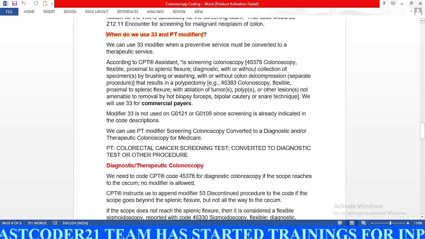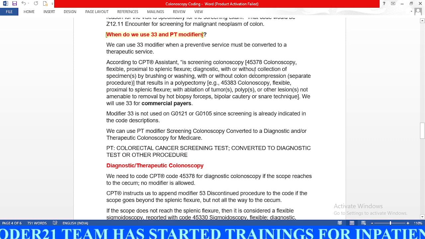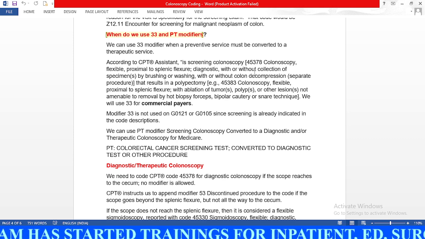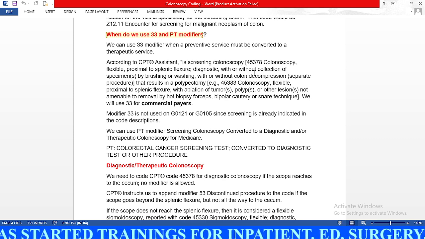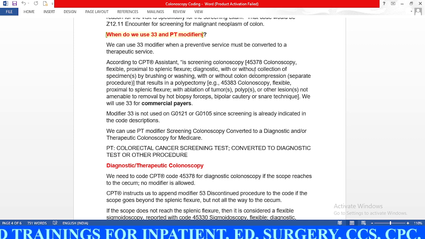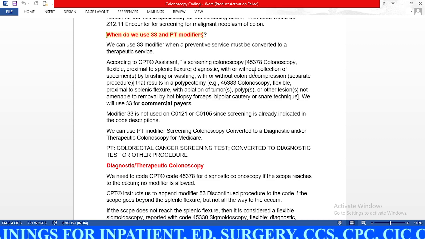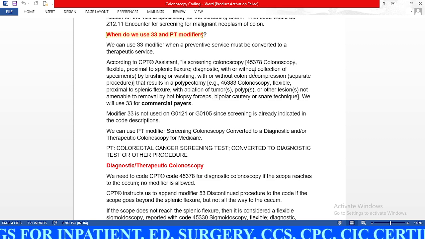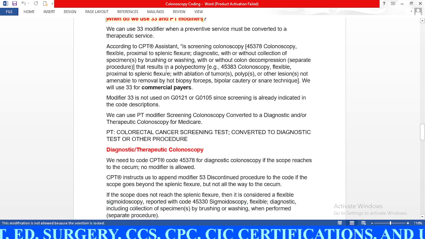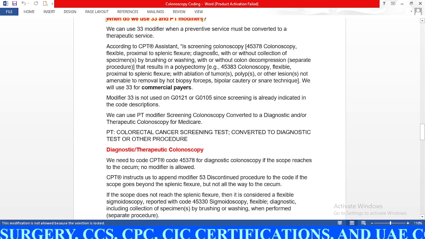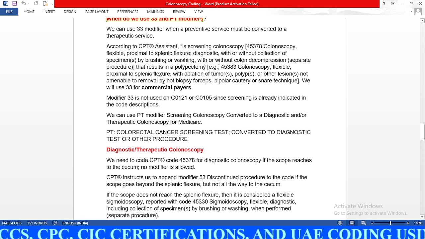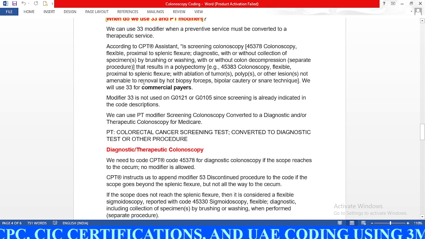So when do we use 33 and PT modifiers? We can use the 33 modifier when a preventive service must be converted to a therapeutic service. For example, the patient came for a screening colonoscopy, but after that the colonoscopy turns into a therapeutic service. We will use the 33 modifier for commercial payers as well as Medicaid payers. According to CPT Assistant, a screening colonoscopy 45378 that results in polypectomy 45383